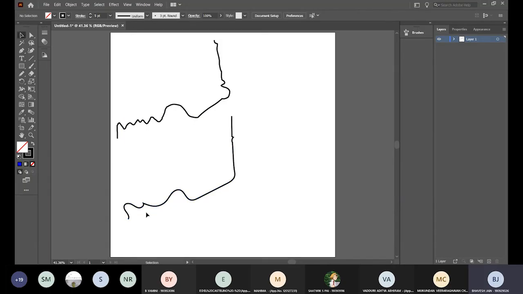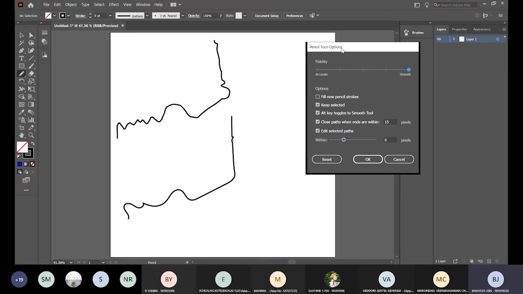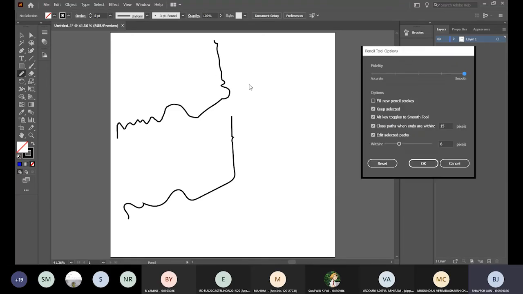This is a much smoother curve, but we had similar kind of vertices over here, similar kind of shake and inconsistent drawing pattern. So this is one very important setting. It can drastically change whatever you're trying to draw. Okay, this is one setting.